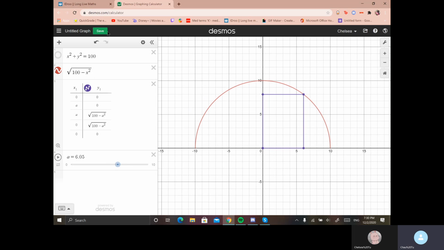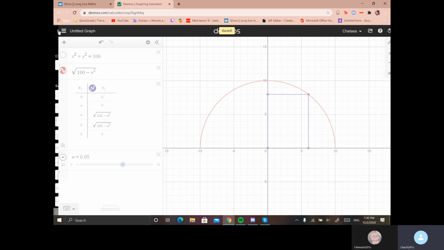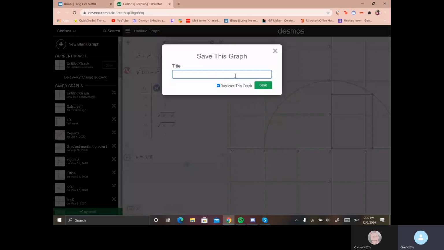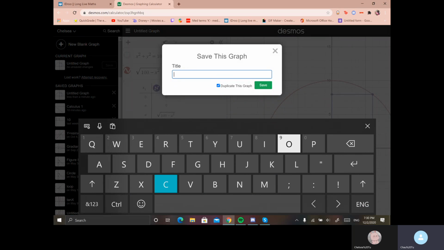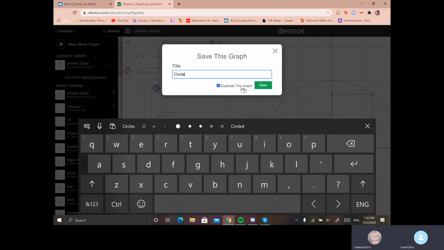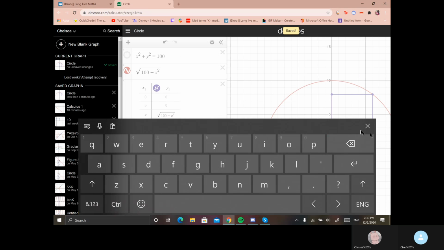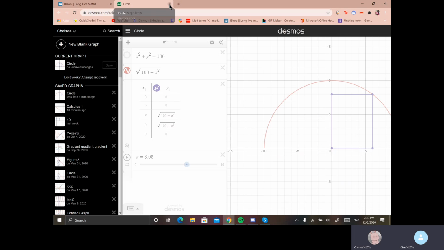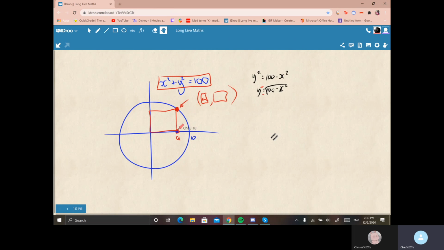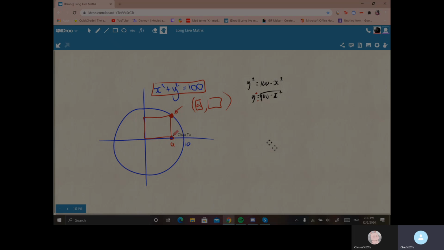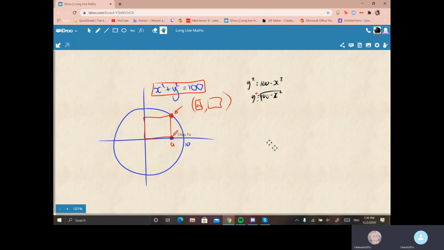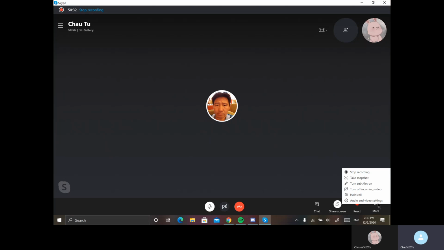Okay, Chelsea. Save it, and then I'm going to set this for your homework because I need to go cooking. So that's the end of our lesson. Your homework is to find the biggest area. Come up with a formula for any given A. You're supposed to have a formula that would tell you the area for any given A. So somehow you've got to figure it out. Save this recording, and you don't need to email it to me, because Skype will automatically